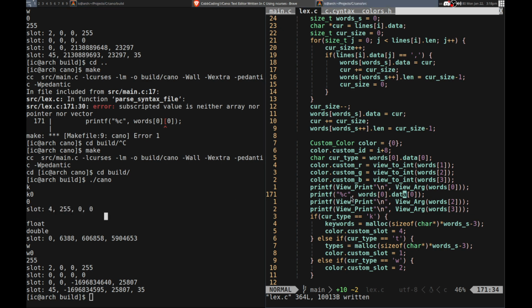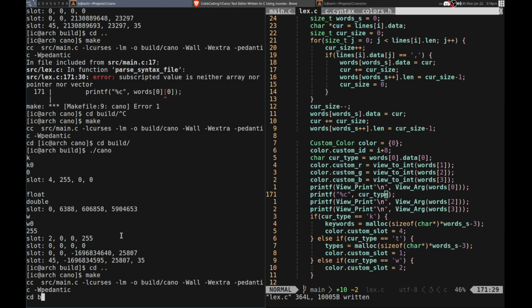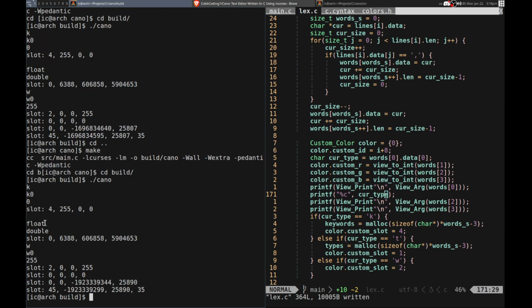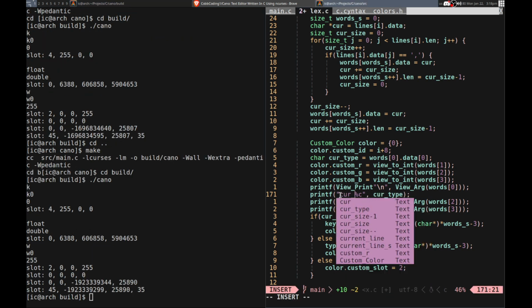But then the type, current type is that. Oh shoot, does this view to int function? Well, that shouldn't. Yeah, that shouldn't do that. What if I print out the current type? How is it that? What? So now it's broken. Okay. So I broke something